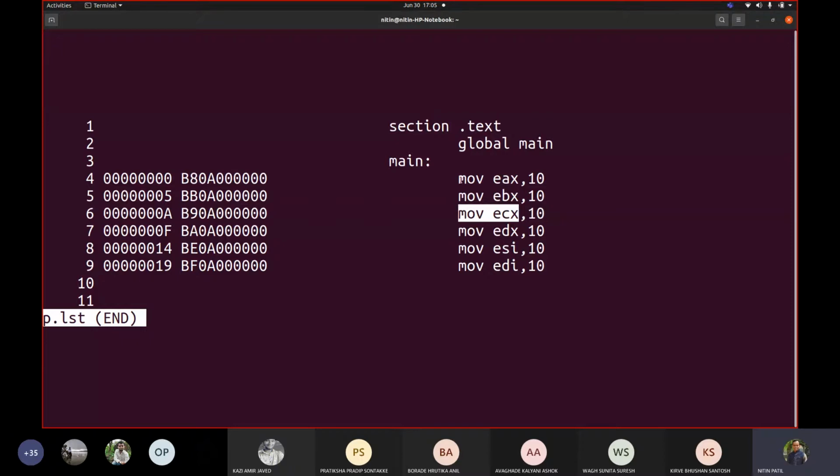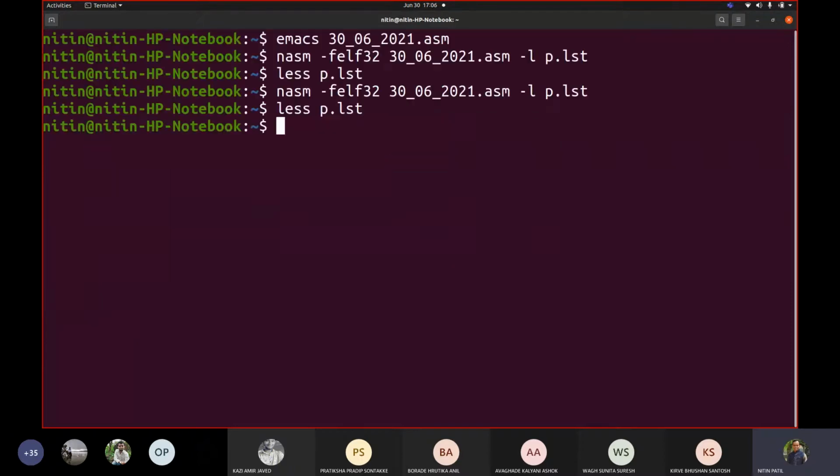Now these are the instructions written here, and what your assembler requires is like this: a label, then a mnemonic, then operands. The label might be an optional one.